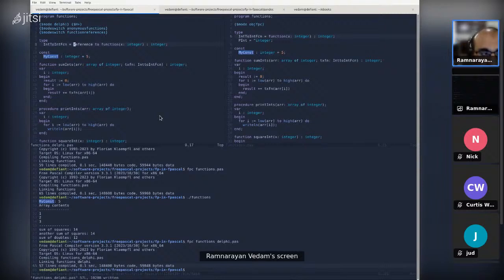It implicitly knows that this is a function call, so you don't need to use the at sign to assign a function to a variable that might be of this type. We'll see an example of this in a second here.